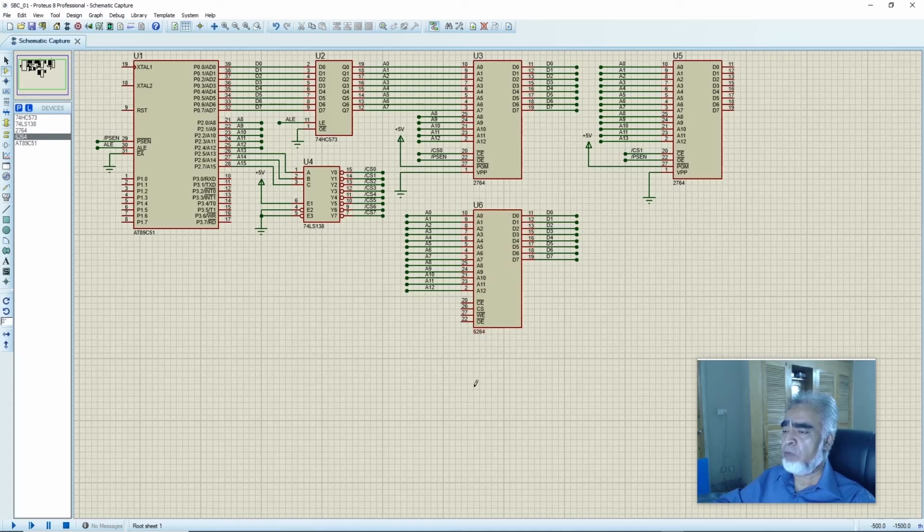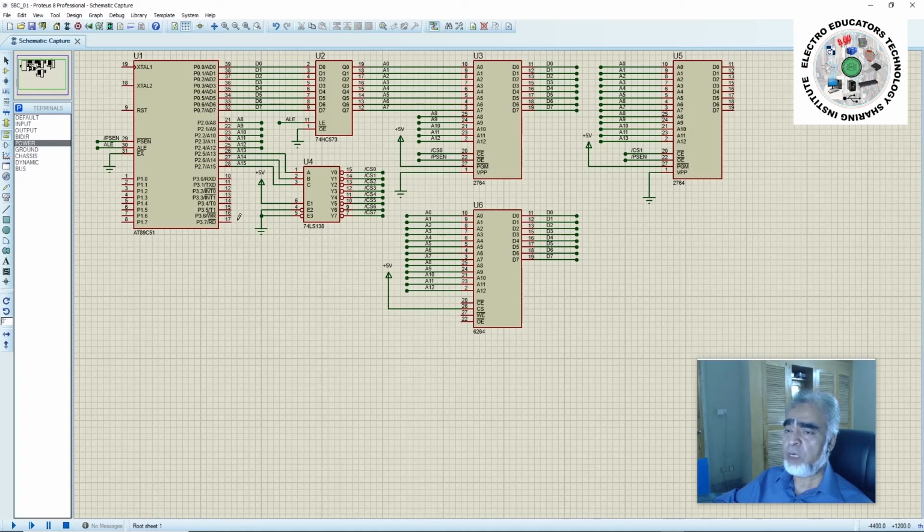And here we can find the four control signals: chip enable, active low; chip select, active high; write, active low; output enable, active low. We will connect the chip select signal, pin number 26, with 5 volts. And we will connect the write enable signal, pin number 27, with the write signal of the microprocessor. So here we will write bar WR.